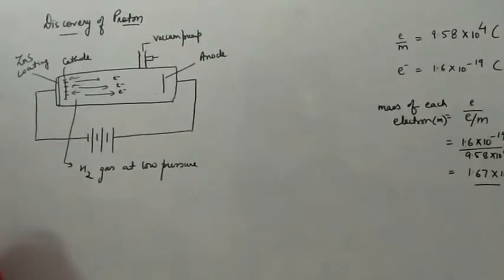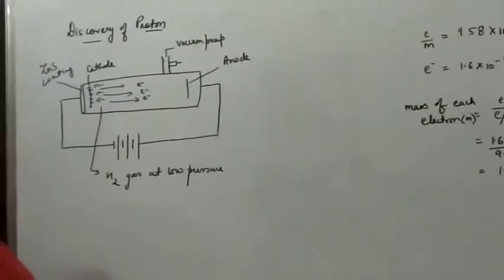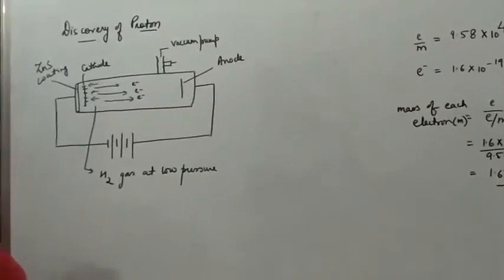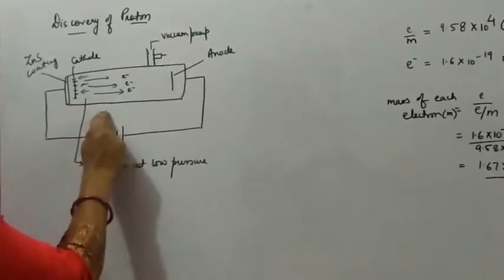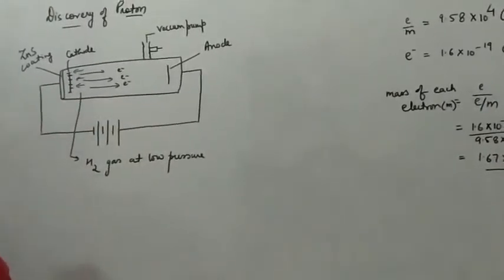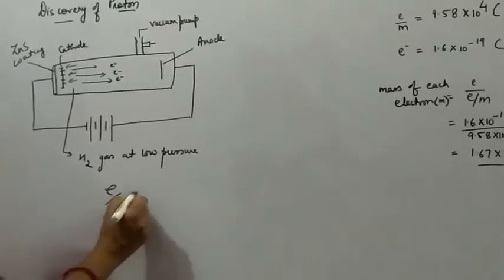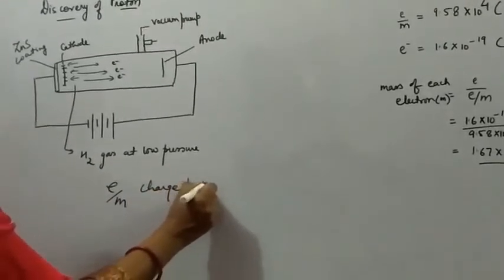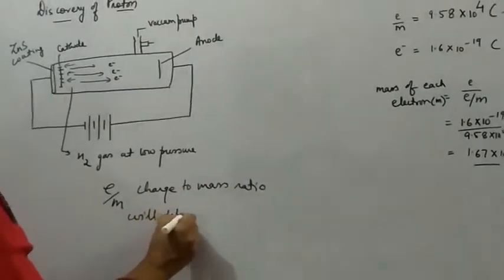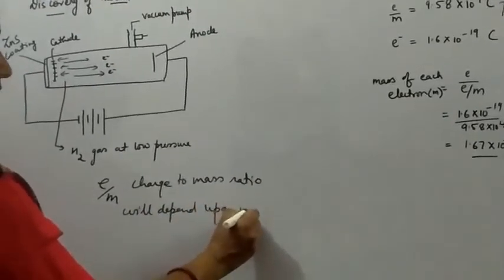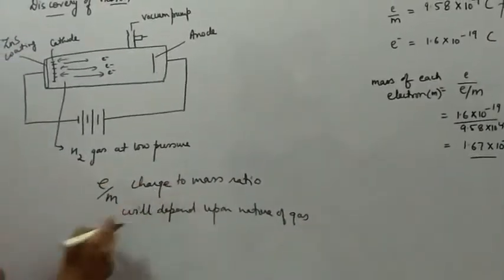The first is that they travel in a straight line. Second, the particles have a material nature. Third, the nature of the gas is going to affect the e/m ratio, that is the charge to mass ratio. The e/m will depend upon the nature of the gas, right? If e/m depends upon the nature of the gas which has been taken in the discharge tube,